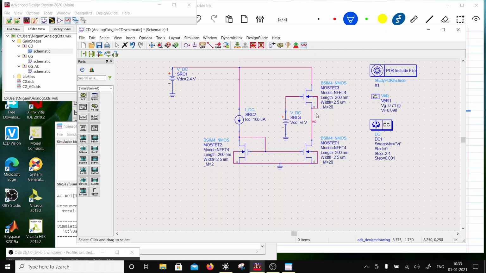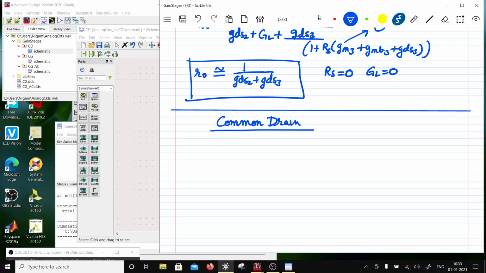Another thing to know is that this one has complex poles. Now if you give this source follower a step input, so let's say that's my step input, then it's going to behave this way and it's going to ring and settle down. So this basically depends on what is my